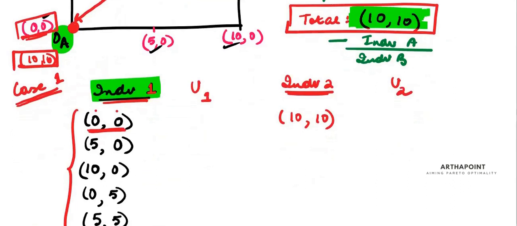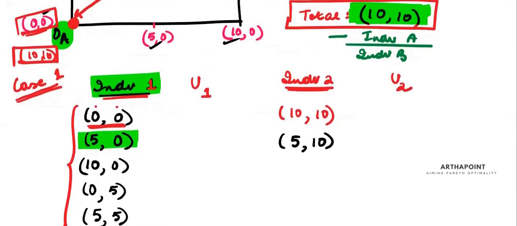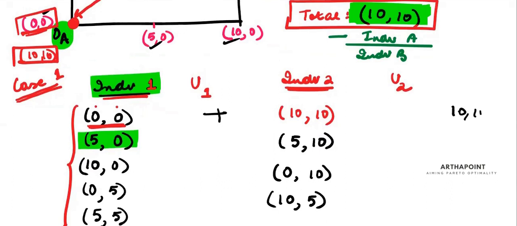Individual A has 5 units of good 1, 0 units of good 2. So B will be left with 5 units of good 1 and all the 10 units of good 2. Just fill this up quickly. So 10, 0 will mean 0, 10. 0, 5 will mean 10, 5. Always remember the sum should be 10, 10